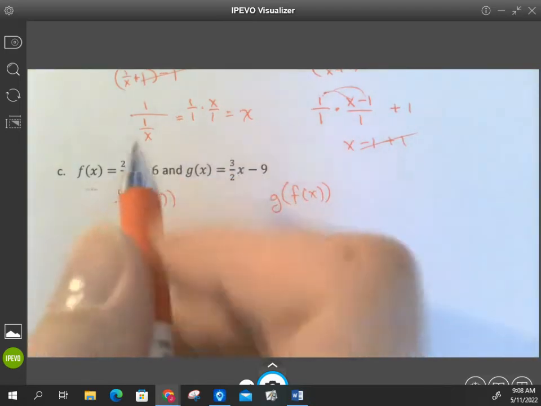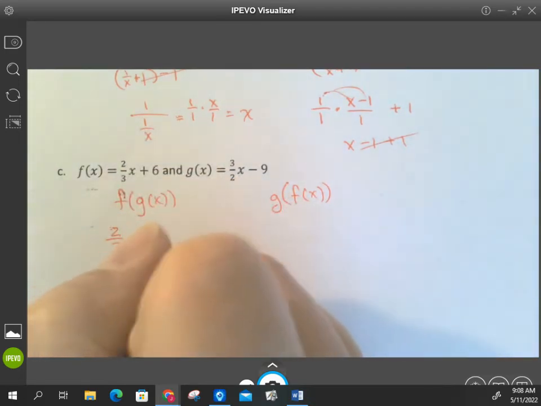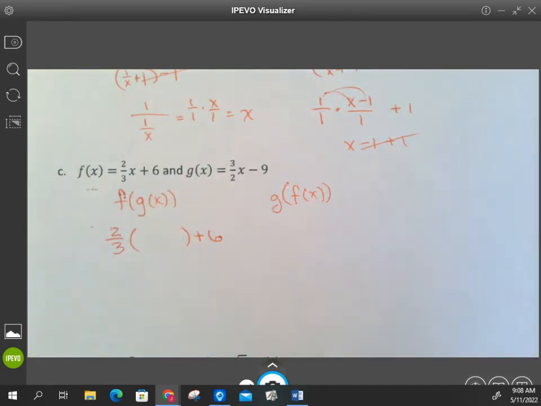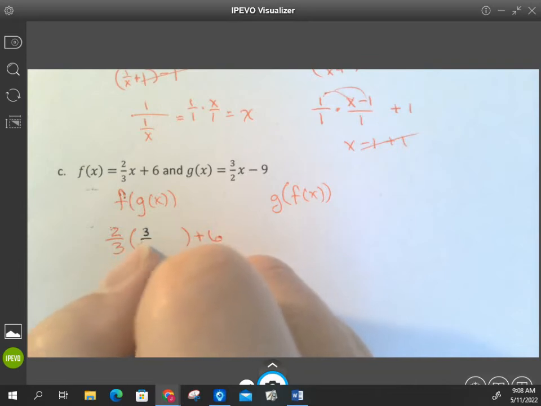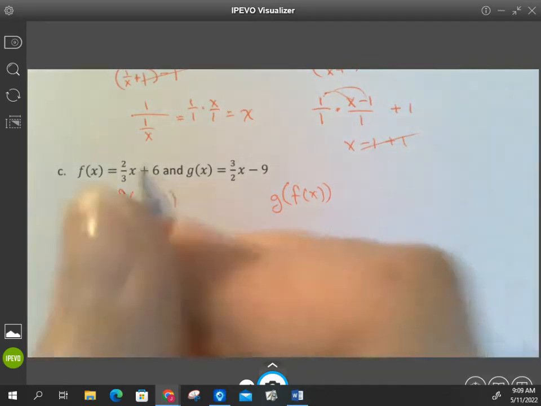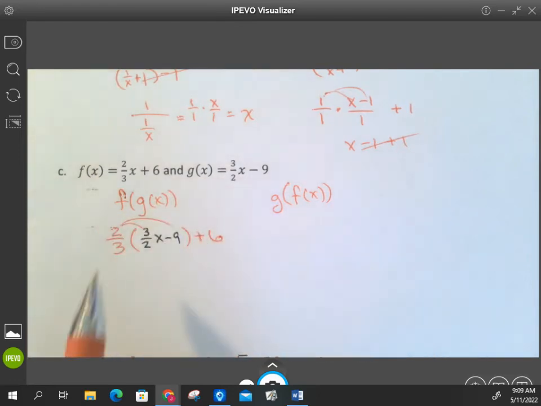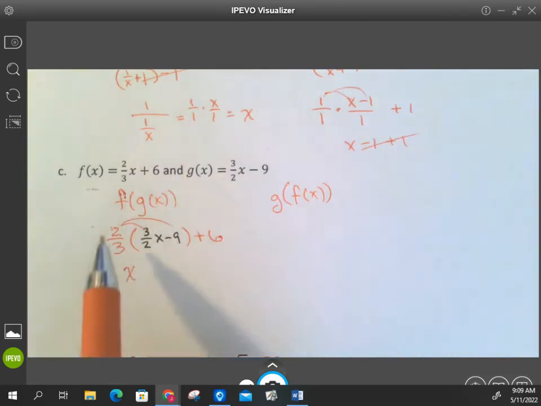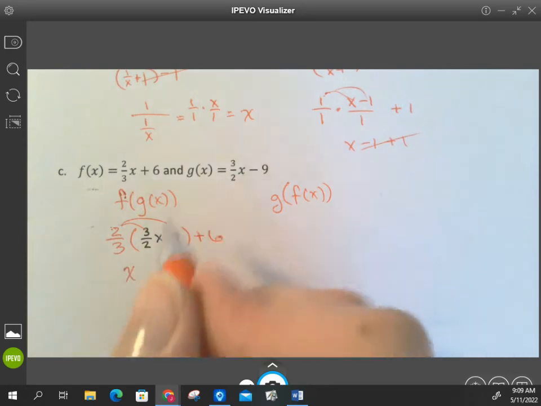So I'm going to take this and tuck it in here. So it's 2/3 times x plus 6. And maybe I'll even put this in a different color. I'm dropping in the 3/2 x minus 9. So when you guys are thinking about this, the parentheses are key. When I distribute this, that's 6 over 6, or just 1x. And 2/3 of -6 or -9,